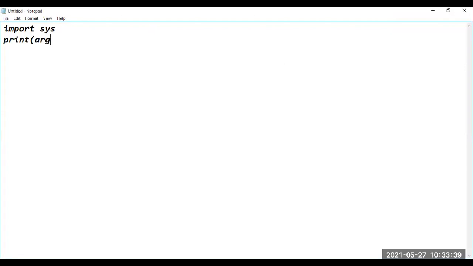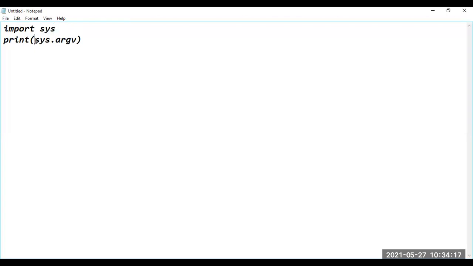As I want to display the command line arguments over the output screen, I am writing argv. But if I directly write argv, it won't be accessed. The argv variable is not available inside our code. It is defined inside the sys module. So first of all, you have to specify the sys module name, followed by the dot operator. Like the argv variable, we can have functions and classes. Different concepts can be part of the module, and all of those are considered members of the module.